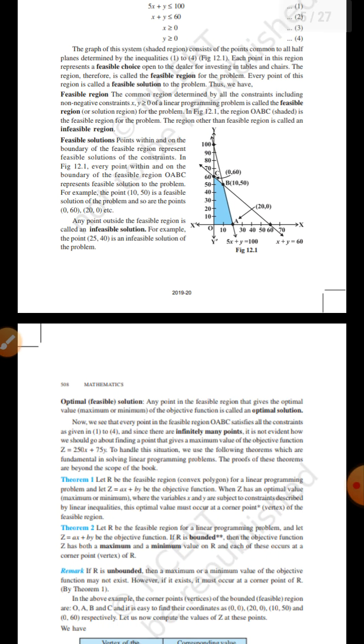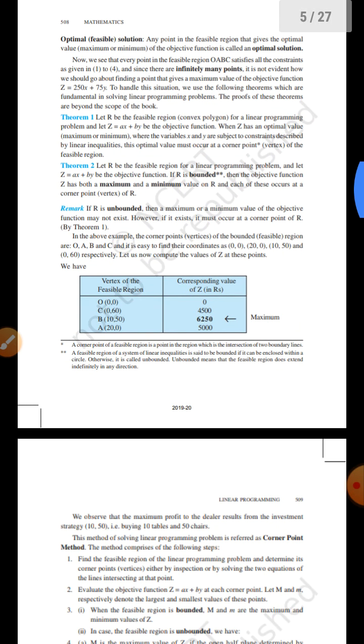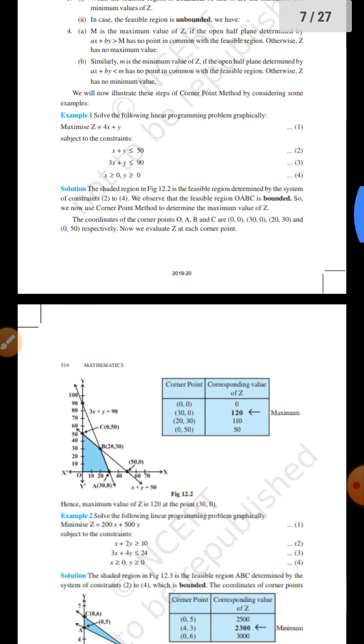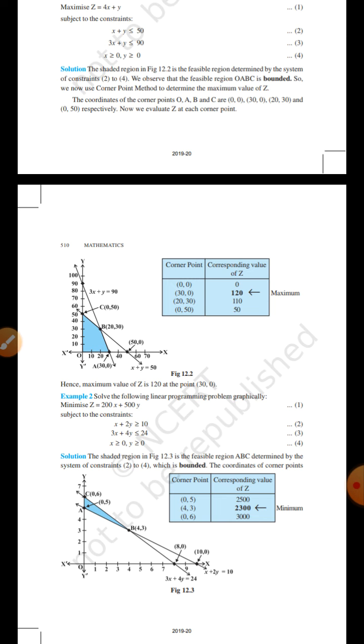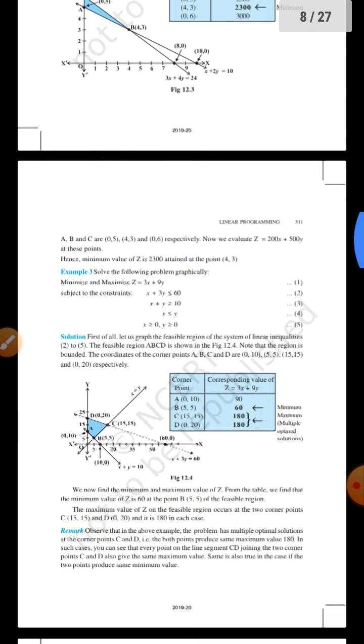These are some basic graphs which we had learned in class 12, but it is a slightly more advanced method. So I will teach you how to calculate the maxima and minima value in further classes. So please wait for my further notification.